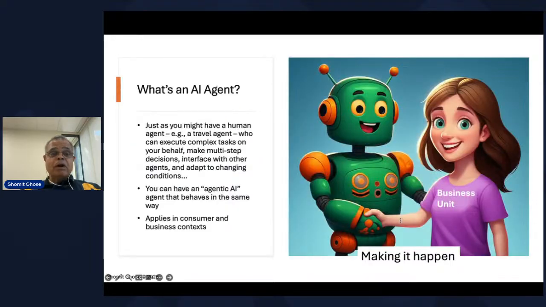So, what's an agent? Probably many of you know this already, but it's an AI that acts on your behalf, just as a human agent would. We can all envision what a human travel agent, for example, would do on our behalf, planning, coordinating, executing multiple tasks and actions for us to book us our vacations. Now imagine an AI agent acting in the same capacity. So, just as with the human acting with agency, AI agents will have applications both in consumer and in enterprise application spaces. So, we'll see them everywhere else. You'll see them in your personal life, you'll see them in your professional life.